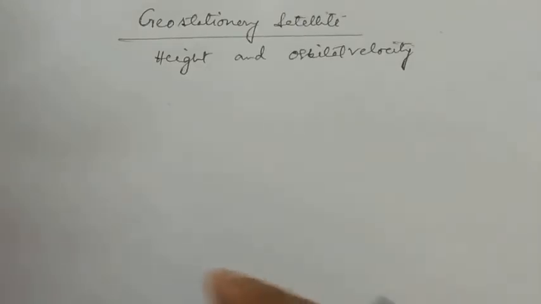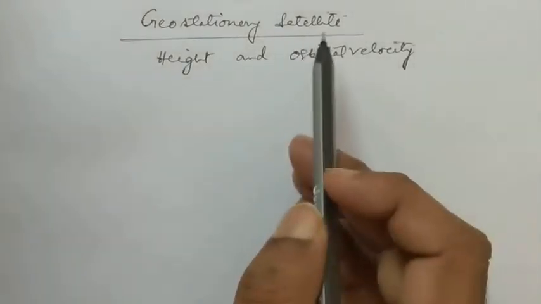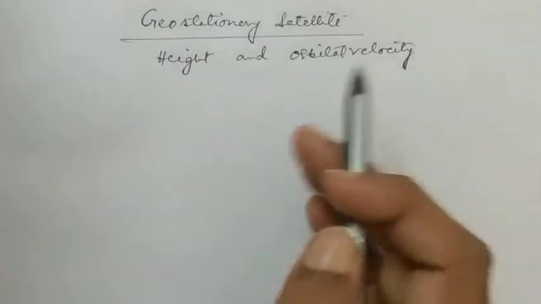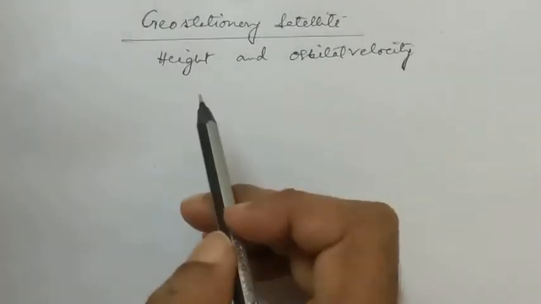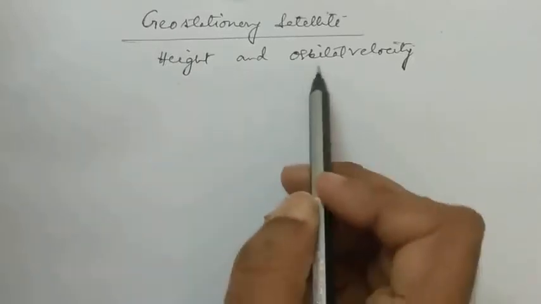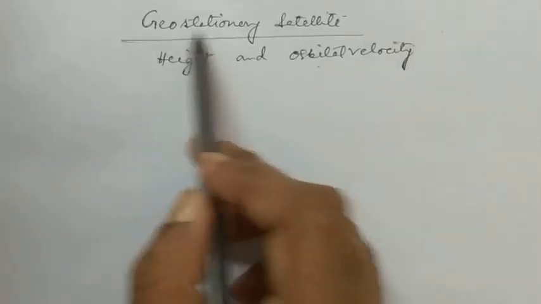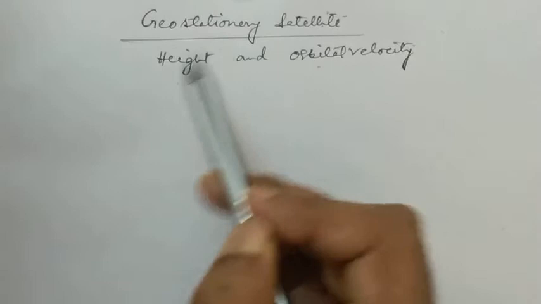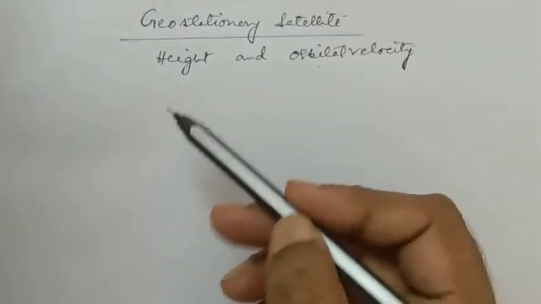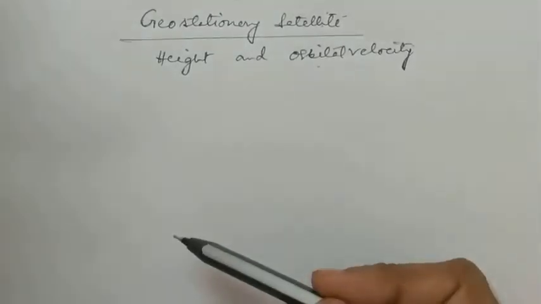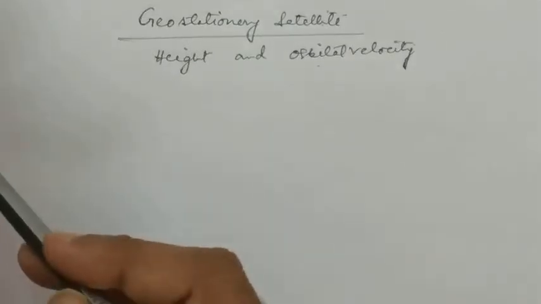We had already discussed geostationary satellites in the previous video. Now in this video we are going to start with the height and orbital velocity calculation for geostationary satellites. The starting procedure will be similar to what we found to